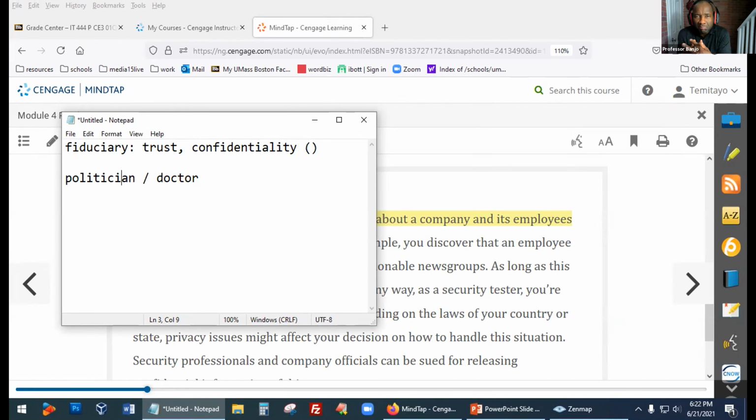Who do you trust more? Who do you trust more with your information? Now, mostly the doctor. Think of the kind of things you tell your doctor about yourself.